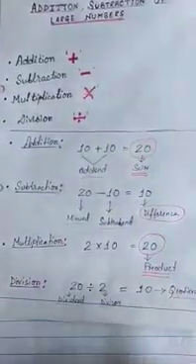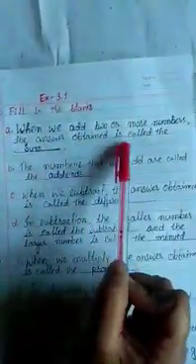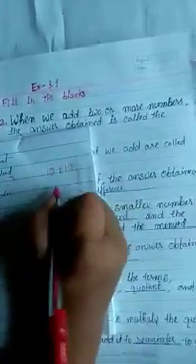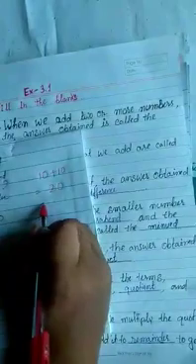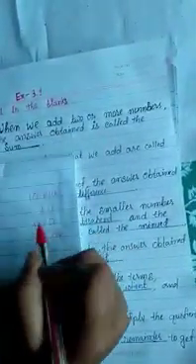I hope these terms are known to you now and are clear to you. So let's move to exercise 3.1. See, first in exercise 3.1 is fill in the blanks. A number is given. When we add 2 or more numbers, the answer obtained is called what? Suppose you add, I have given one more example there, 10 plus 10 is 20. Suppose we add one more 10 here, how much will we get? 30, and this 30 is called what?